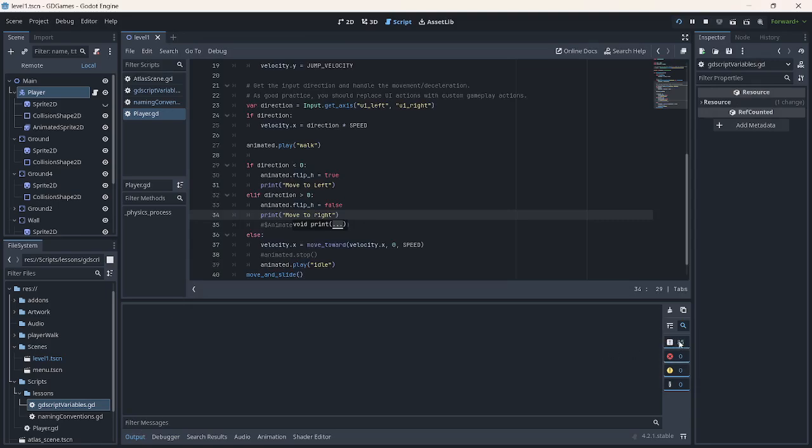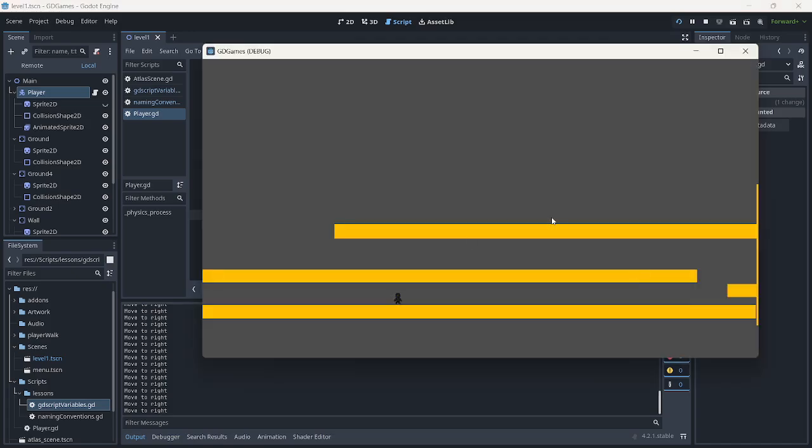So if I move to the right, and I think I have to, okay, there, I actually hit that. That's why that's happening. I'm still trying to figure out how to clear the output here, but I'll decide to do that some other time. Let's go back here. I'm just going to move to the left first. You will see that those texts are now showing up. So we're moving to the right and we're moving to the left. I think that's one way for us to see if the code is running correctly or working.